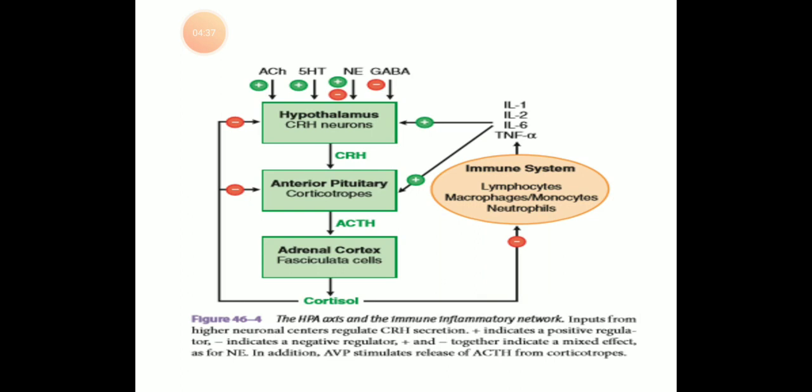Now, whether this ACTH is going to be released or not is decided by corticotropin releasing hormone, which is formed by the hypothalamus, and you can see this at the level of the hypothalamus. CRH is stored in the median eminence, and from there reaches the anterior pituitary via the portal circulation. It stimulates the synthesis and release of ACTH.